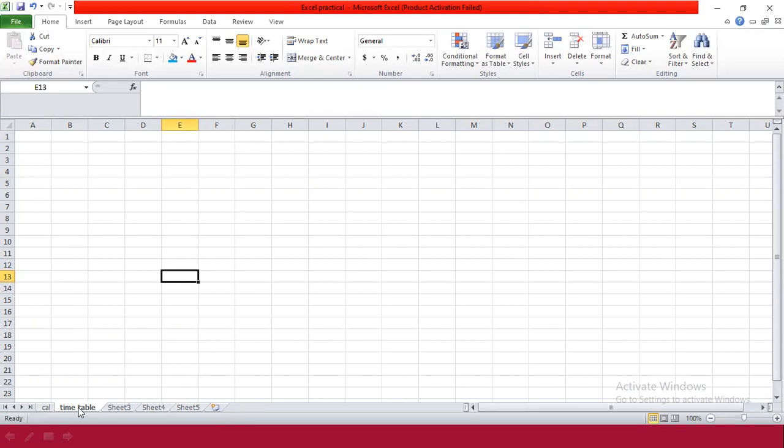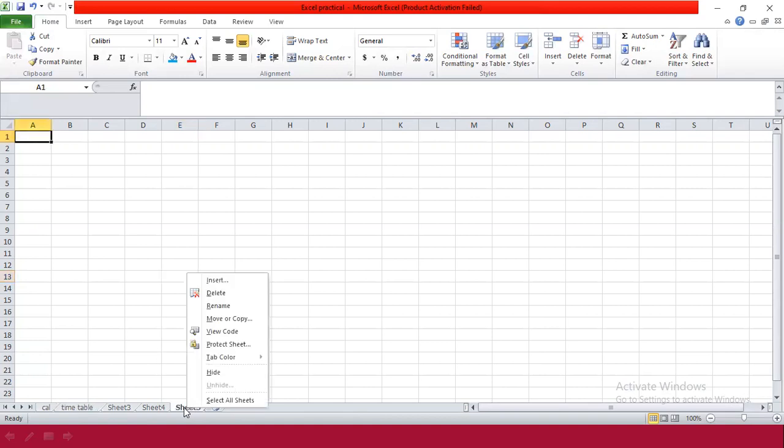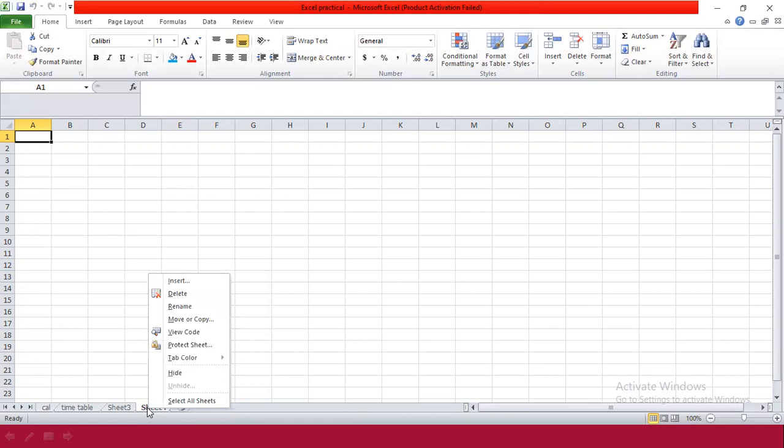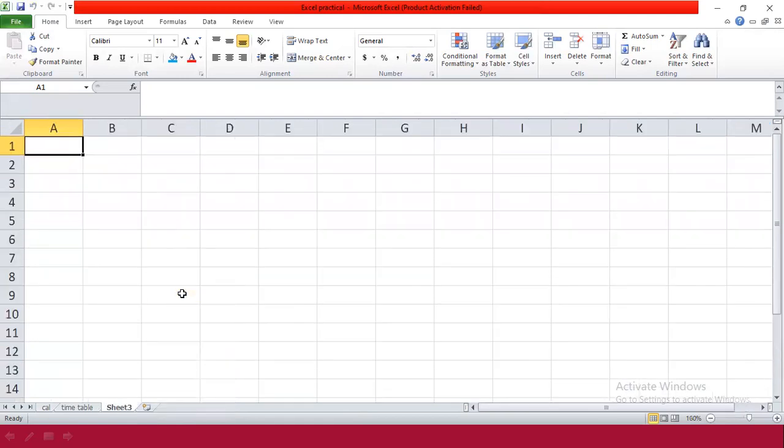And now if I don't want the worksheets which I have added, sheet number 4 and sheet number 5, nothing is there in them, so I will delete them. How to delete? The step is to bring the mouse arrow on that worksheet, right click, and select the second option, Delete. Right click, Delete. Let me show you all these tasks in a fast forward way.